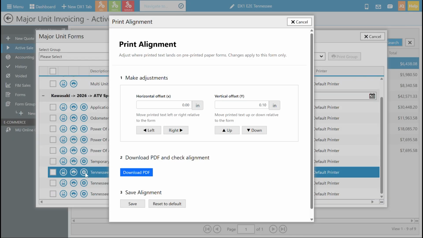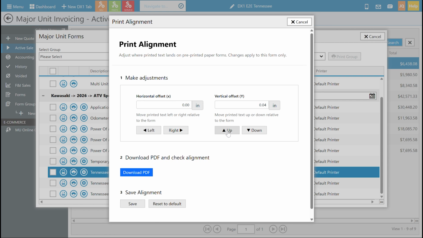Now, in our case, we know things are low, and I made that manual adjustment for the example, right? So you can see here the vertical offset's already off by 10. In your real life case, it would say 0 and 0. That's why we built this tool. So in my case, I know things are a little bit low and I want to move them up. So what we can do is simply click the up button as many times as we want. It's going to make incremental adjustments in inches, 0.02 inches, in fact, on each step. But let's go ahead and move this to 0.4.